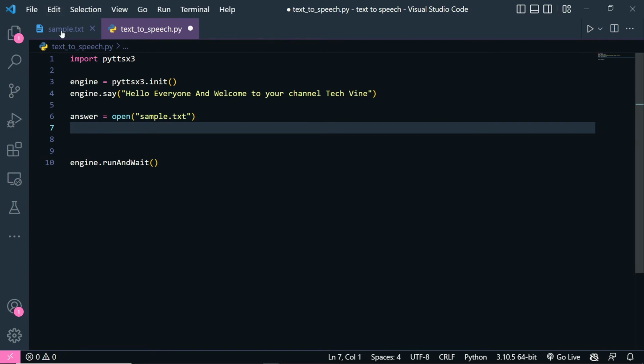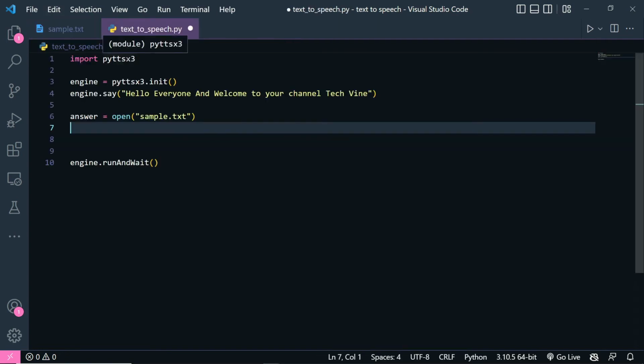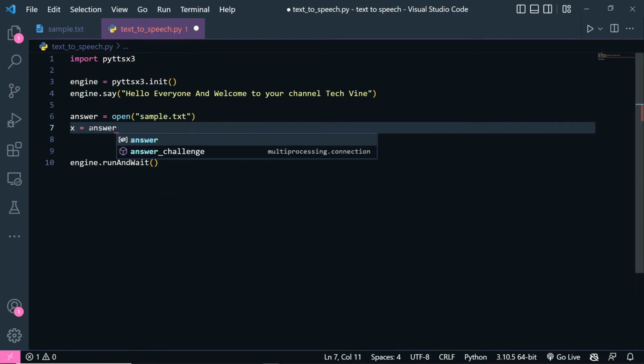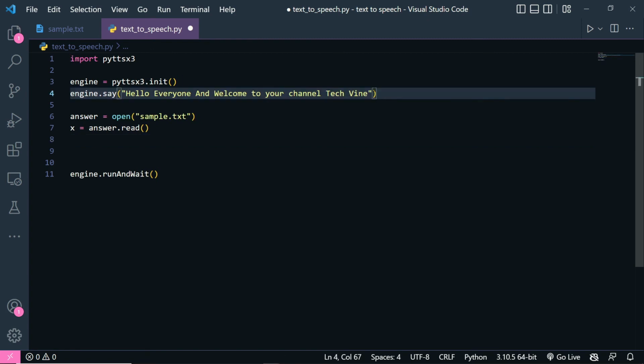Now we want to read the contents of this file. For that, again define a variable x equals answer.read. Now we have opened the sample.txt file and also we have read the content of this text file. Now remove this line of code and paste it here.